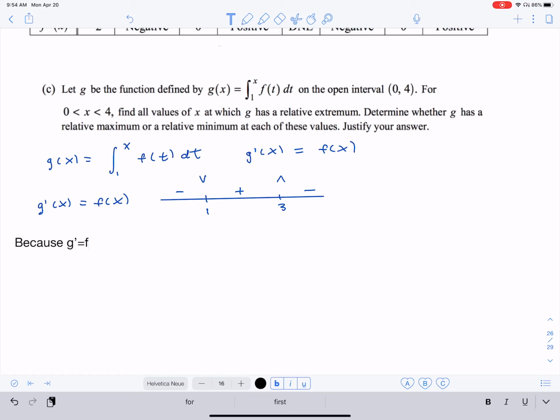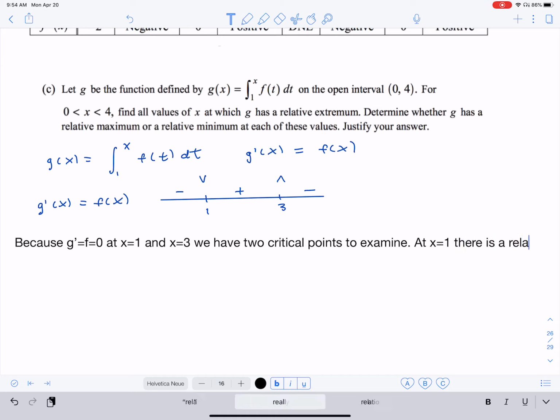So because g prime equals f equals 0 at x equals 1 and x equals 3, we have two critical points to examine. So at x equals 1, there is a relative minimum